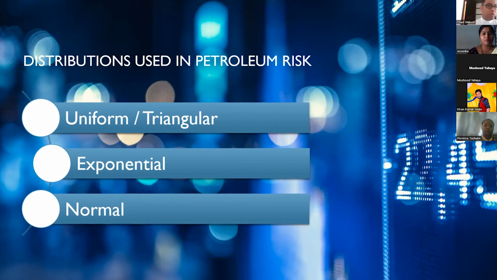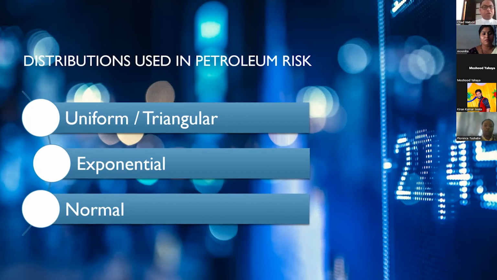Now, we generally use a triangular distribution when we have some insight. When you perform a certain amount of well tests, you get that sort of information out of there. The other one is exponential. We tend to use it for decay. When you're looking at a decay, we tend to use an exponential type of distribution. So that's another common distribution we use.